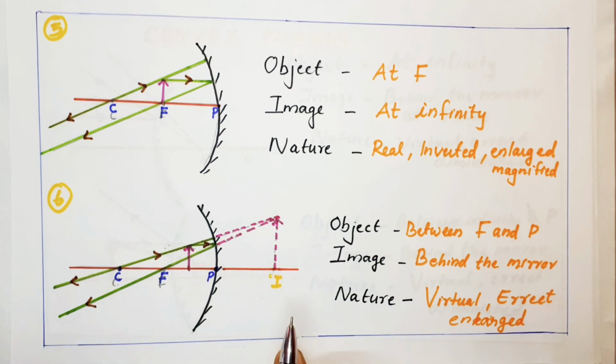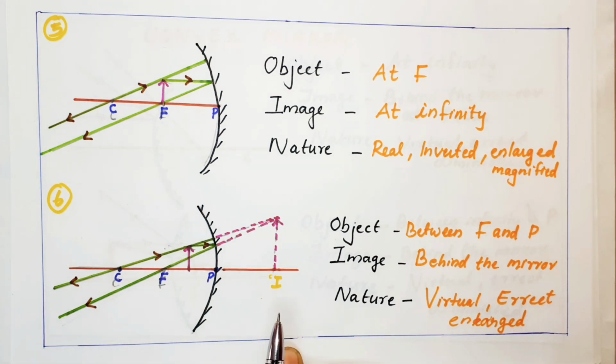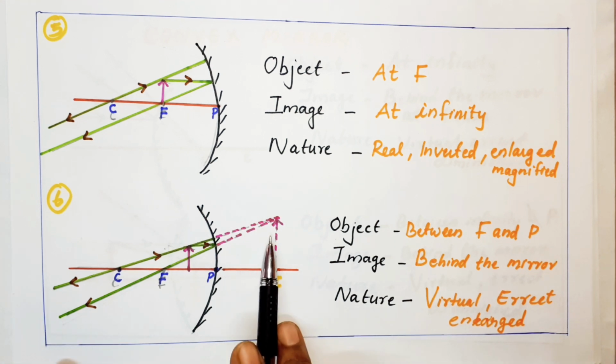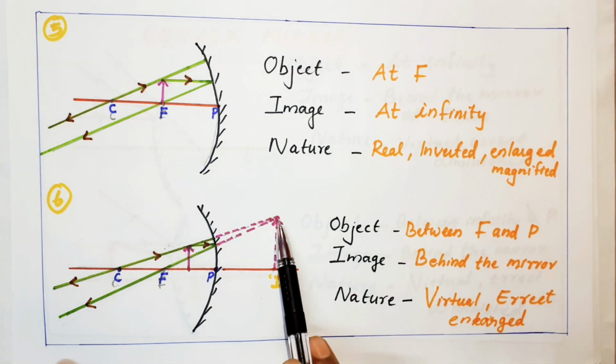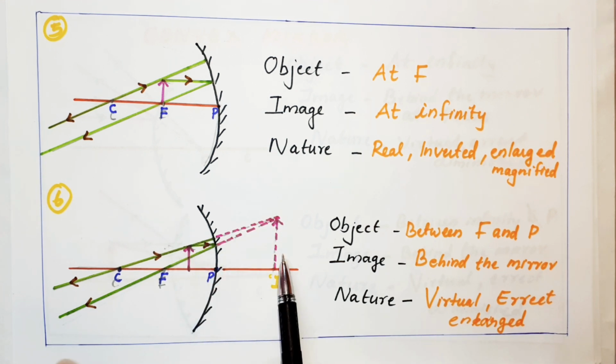Refracted is also the same, but we did not come across that. So now we are talking only about reflection. Reflected rays are not intersecting, but they appear to intersect at a point, and I am getting the image there. If you see this object and image, this image is bigger than the object. So we can call it a virtual, erect and enlarged image meeting at this point. Here we are getting the tip. These two you see are the same, so we call it erect. In a plane mirror also we get an erect image.